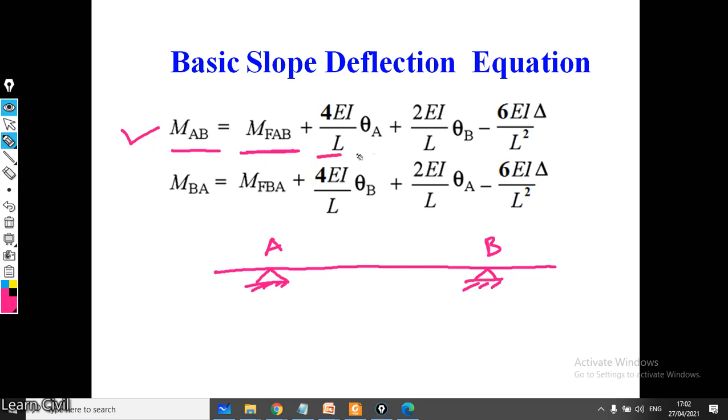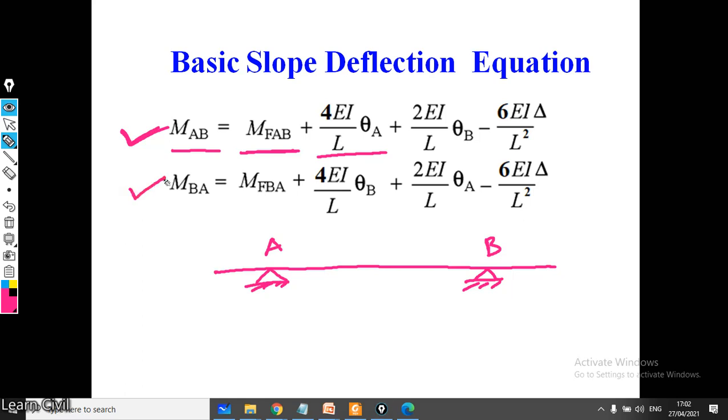plus 4 EI theta A. Here theta A is the rotation at near end. So M_AB equals MF_AB plus 4 EI theta A plus 2 EI theta B upon L minus 6 EI delta upon L square. This will be the basic slope deflection equation for member AB, whereas the slope deflection equation for